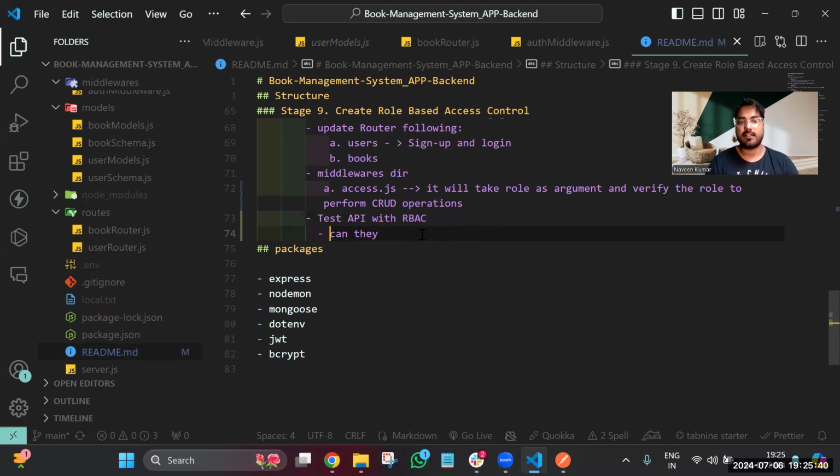Or let me just write it this way: can the multiple roles get access